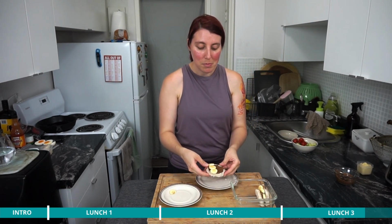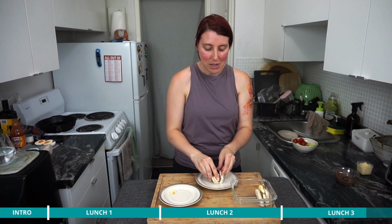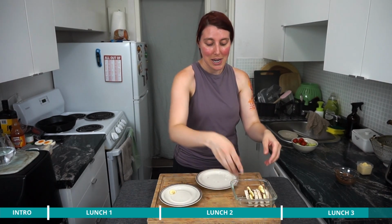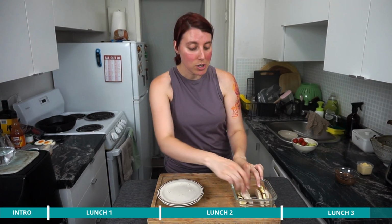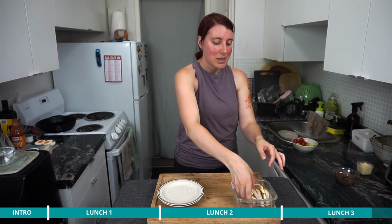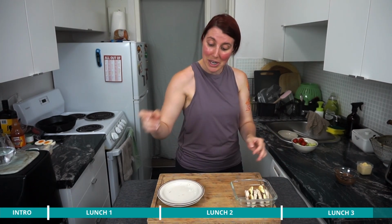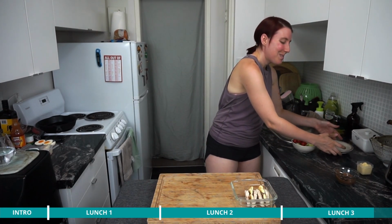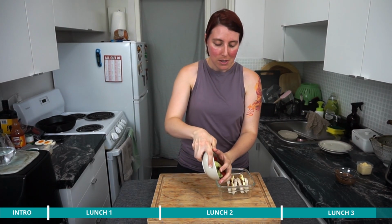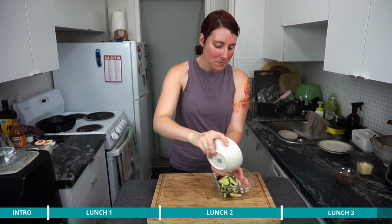Now I'm only making 2 today, and I'm making lunch for a smaller child. But if you want to make more, you can make 3, 4, however many you like. This one's having trouble staying up. There we go. And now what we're going to do is simply put our vegetables just on the side there,